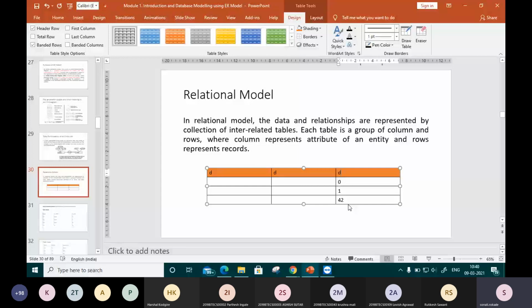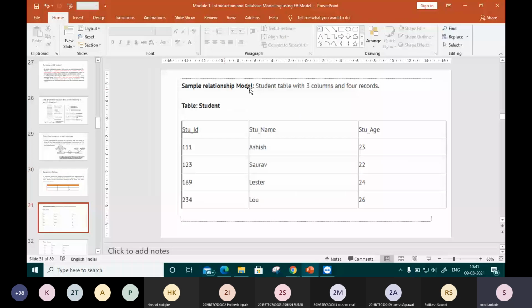So here we can say that the table name and column names are helpful to interpret the meaning of the values in each row, and data are represented as a set of relations. So data are stored as tables. The physical storage of data is independent of the way the data is logically organized. In short, we can have a sample relational model here, with table name student, which has 3 columns and 4 records. This is the whole table, but with other attributes.